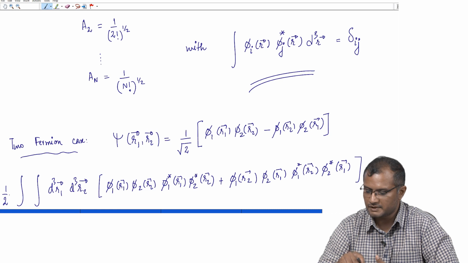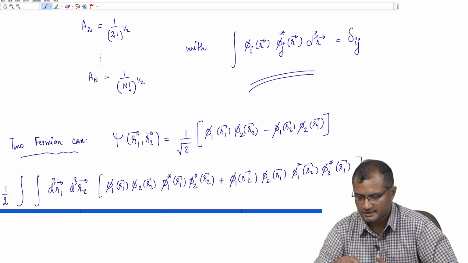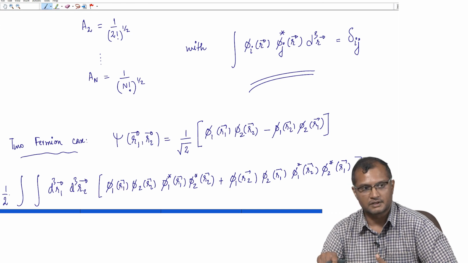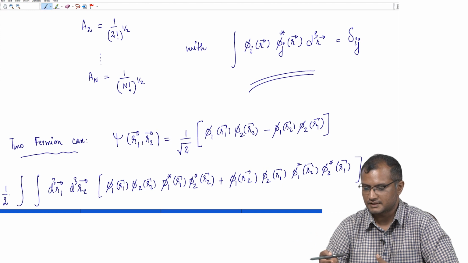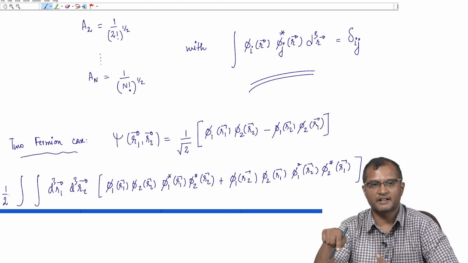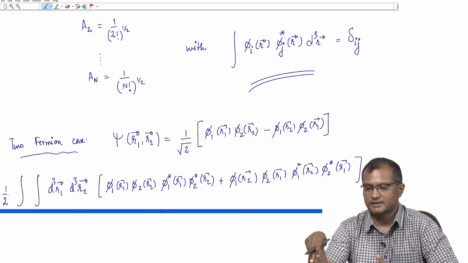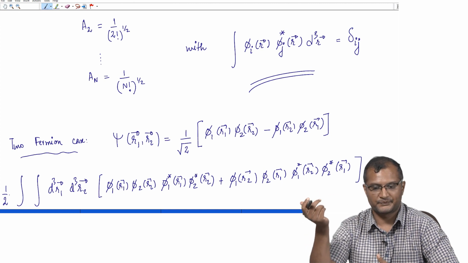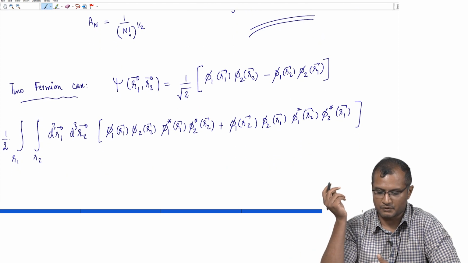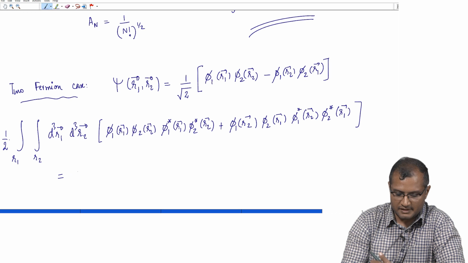Whenever you have a cross multiplication, say phi 1 r1 into phi 2 r2 multiplied by phi 1 star r2 and phi 2 star r1, that will go to 0, because on one integration coordinate, if phi i and phi j are not the same, this Kronecker delta function will be 0. Okay. So, you have only 2 terms that will contribute, and I can write this as now 1 upon